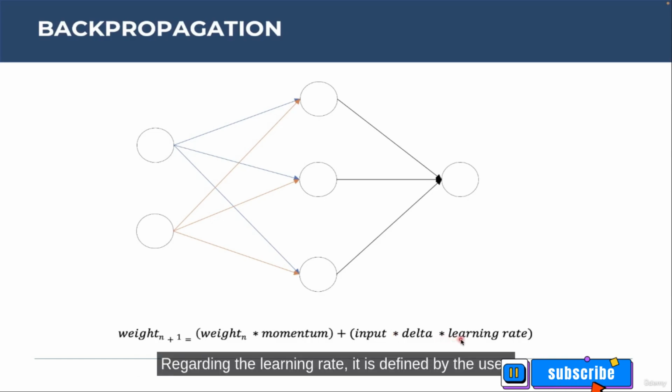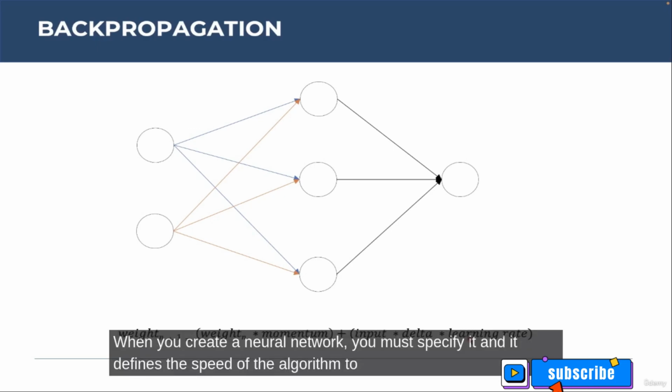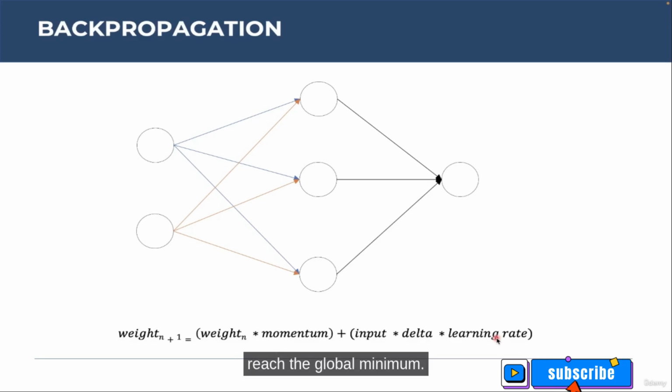Regarding the learning rate, it is defined by the user. When you create a neural network, you must specify it, and it defines the speed of the algorithm to reach the global minimum. In general, the value is 0.001, 0.0001, and so on. It is a very small value.